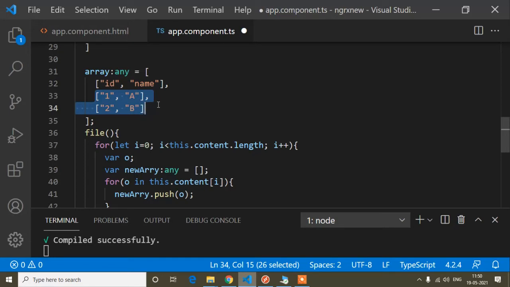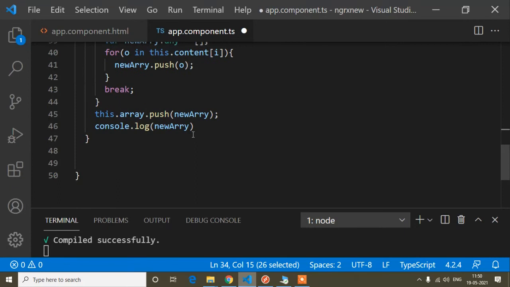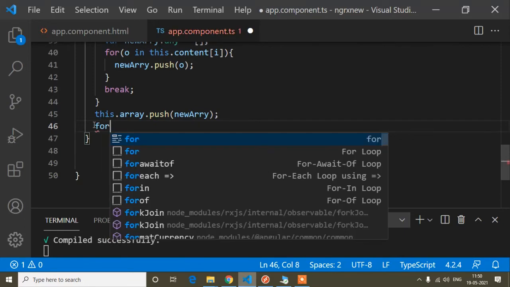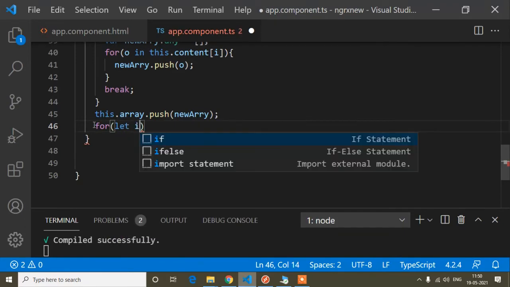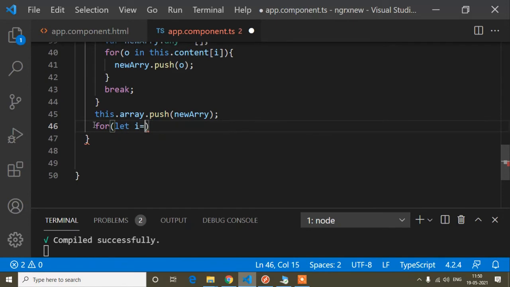And now I need dynamic content this way. So here, first of all I will remove this console, and now I will write again a for loop. For let i equals 0, i less than this dot content dot length, and i plus plus.